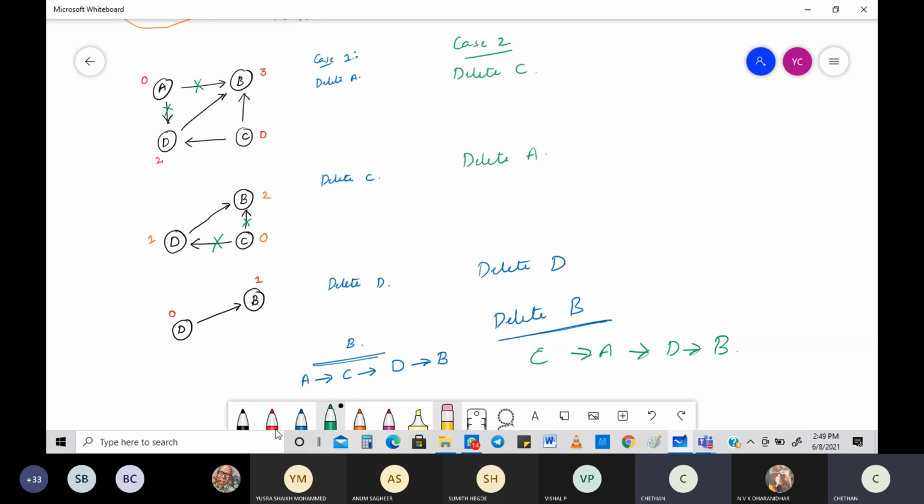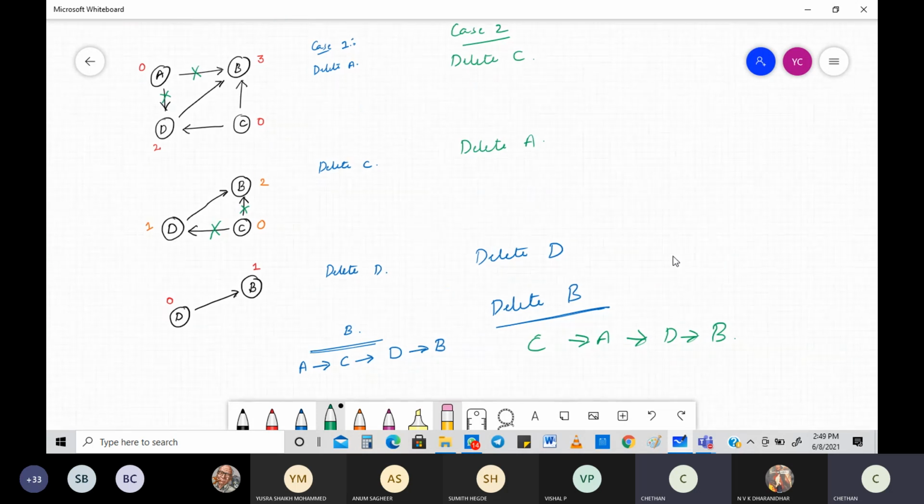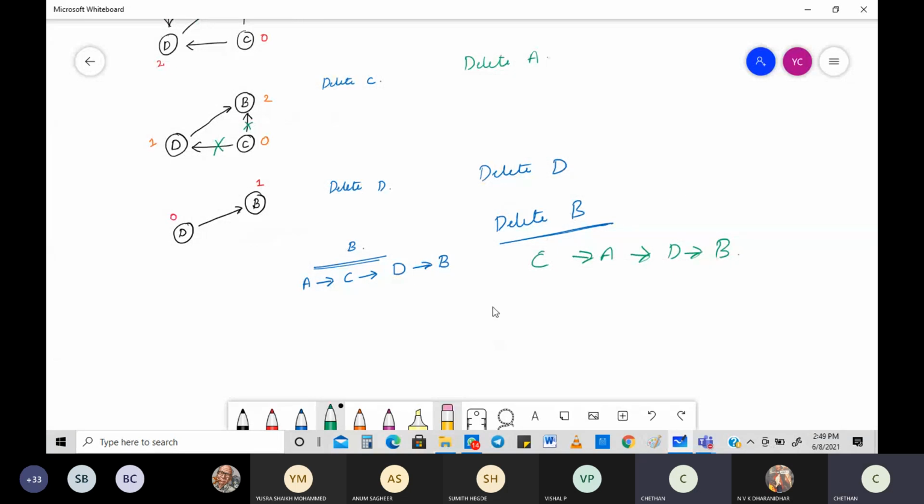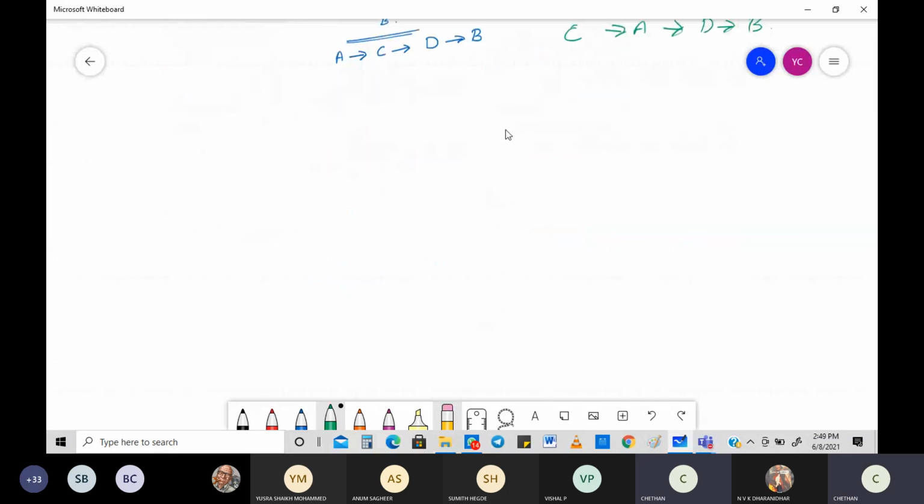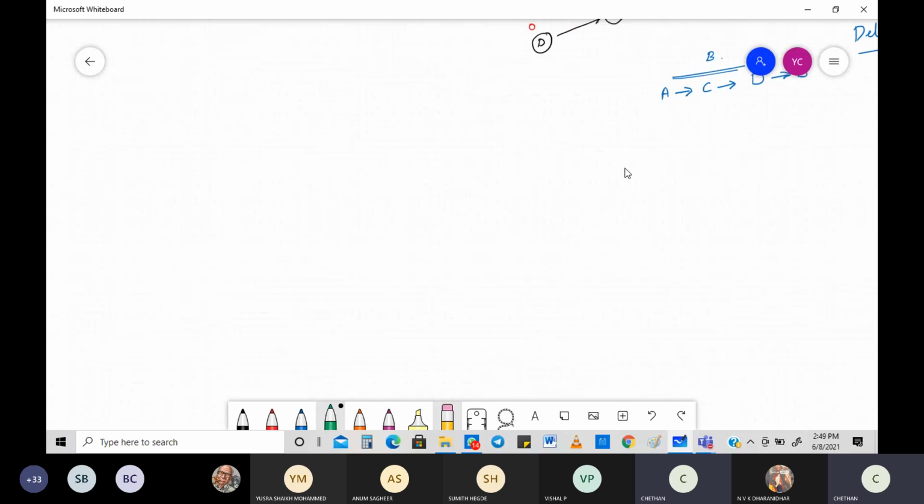We'll take one more example, because this sort of tracing becomes very important. They're going to give you a graph, and they want you to figure out the topological sorting. So that's very important. Anyway, the algorithm and all is pretty direct. The later part of this is figuring out the algorithm for it. So let's take one more example, the last example, and figure out the topological sorting for this. Last example means it should be a bigger one, so we are going to take a bigger one.